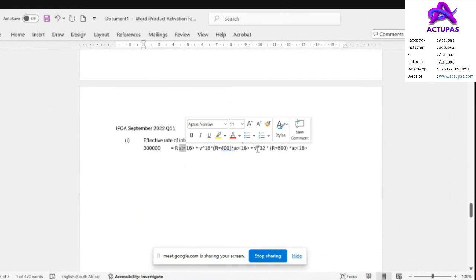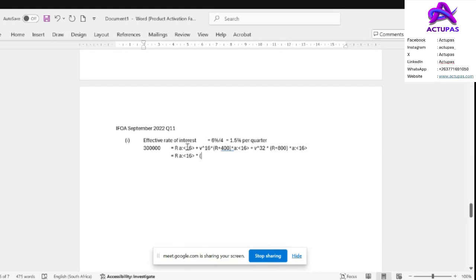So it's then easier to find your R. Starting from here, we can then group like terms. So we have the parts where we have our R's. With R we have R a16. So this is R a16